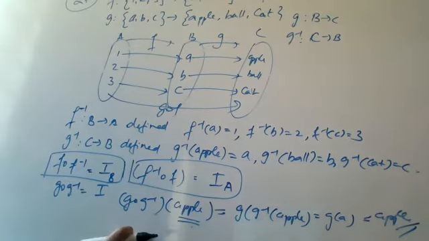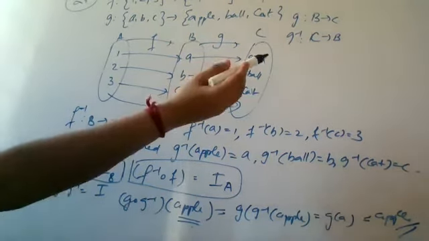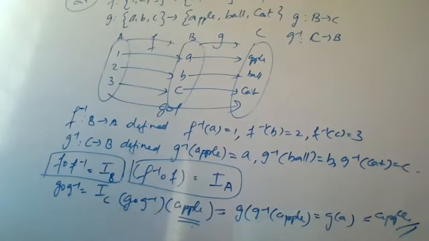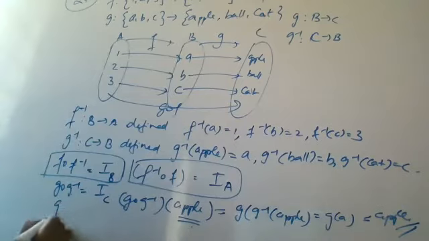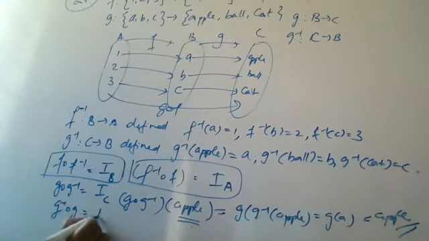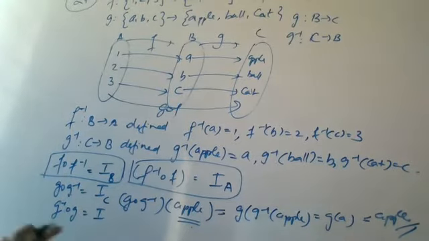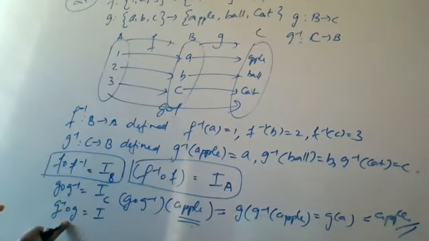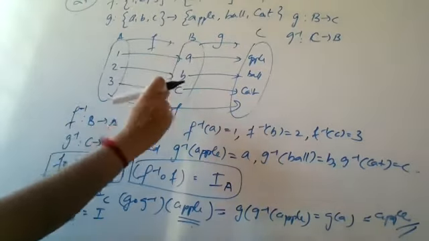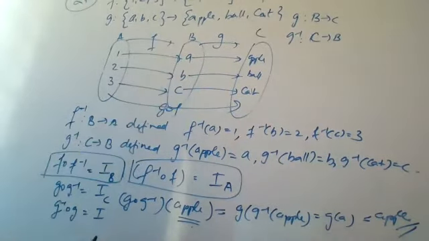Now, which identity, from where it is starting? You just see G inverse was starting from the set C. So you can say that it is IC, starting from C and ending at the element of C. Again, G inverse composition G will be I. कहां से स्टार्ट होगा? आपको डिसाइड करना है कि G से स्टार्ट हो रहा है. G is having A, B, C. हाँ, so this will be B. B आएगा. From B it is starting and it will be reaching B. You just take an element, you will get that.